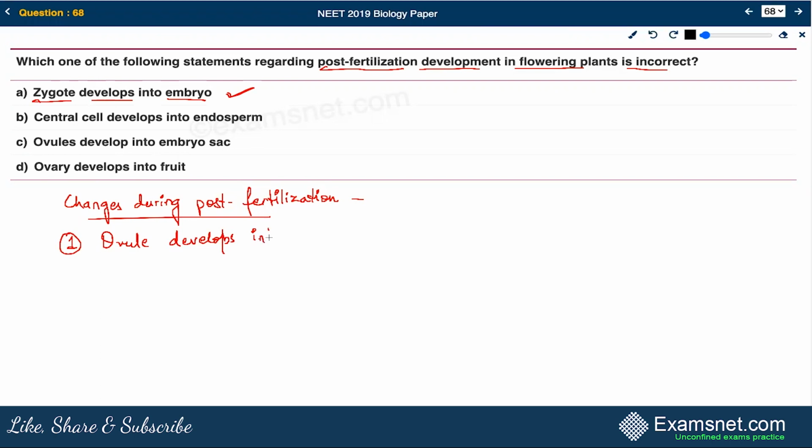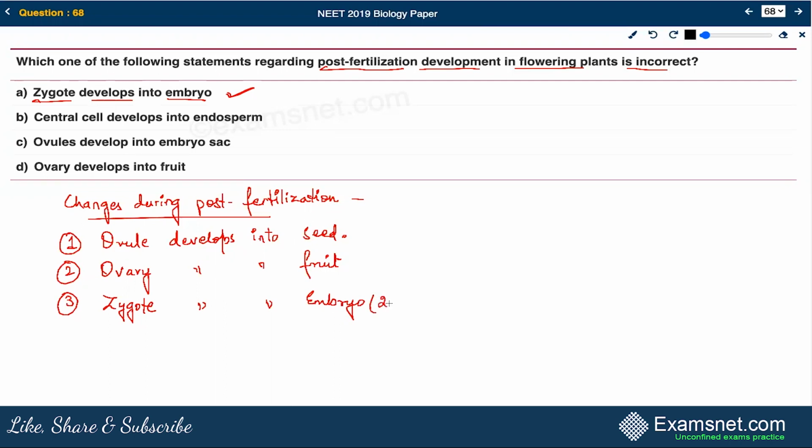So this develops into seed, then ovary develops into fruits. Ovary is going to develop into fruits. Then zygote, which is the product of syngamy of the double fertilization in flowering plants, develops into embryo,